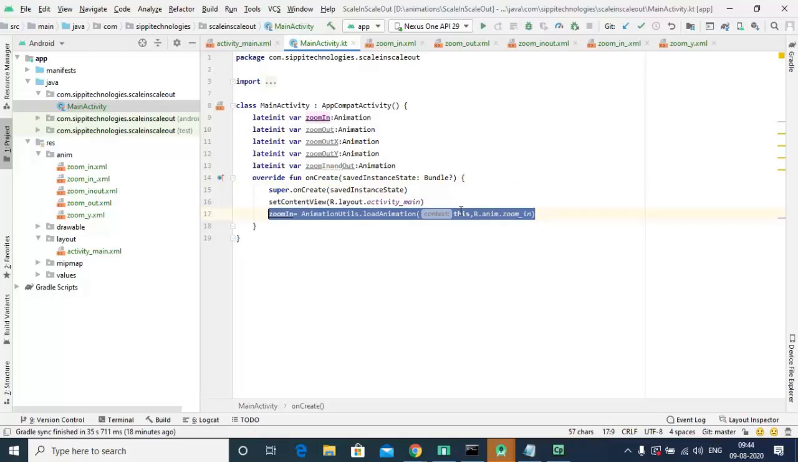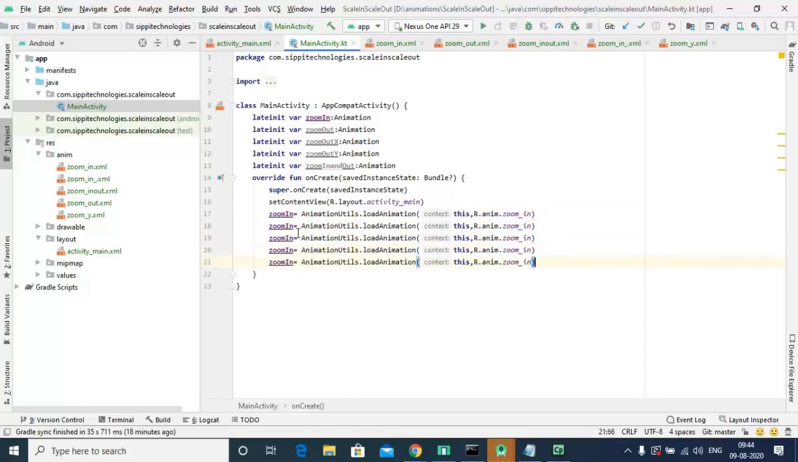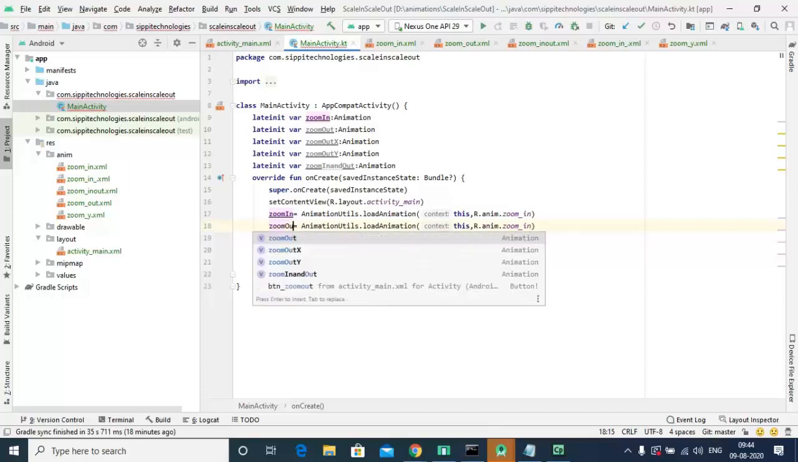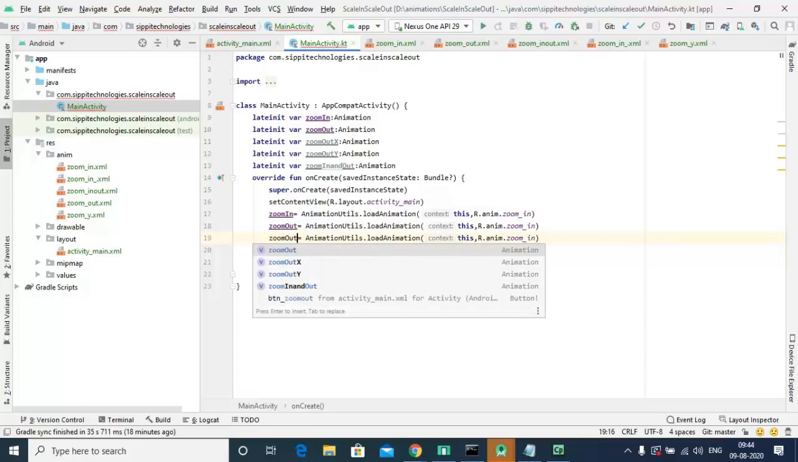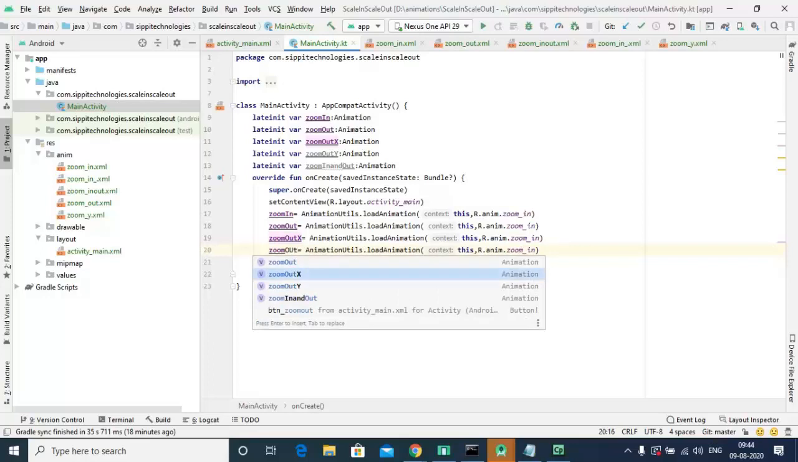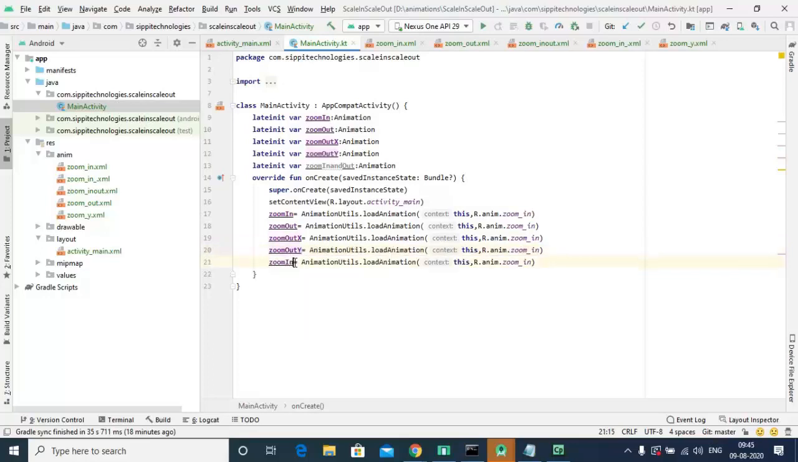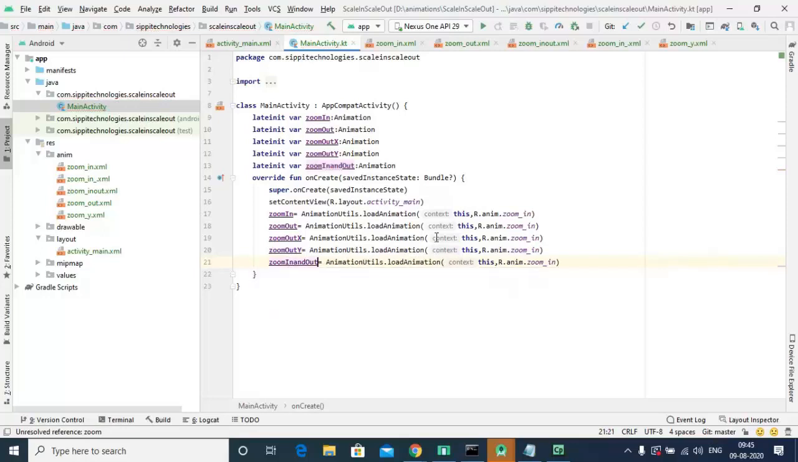Copy this 4 more times, 3 and 4. Now change this to zoom out, zoom out X, zoom out Y, zoom in and out. Change the reference of this, zoom out,